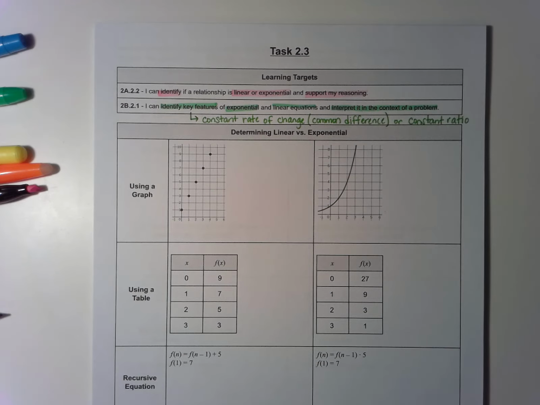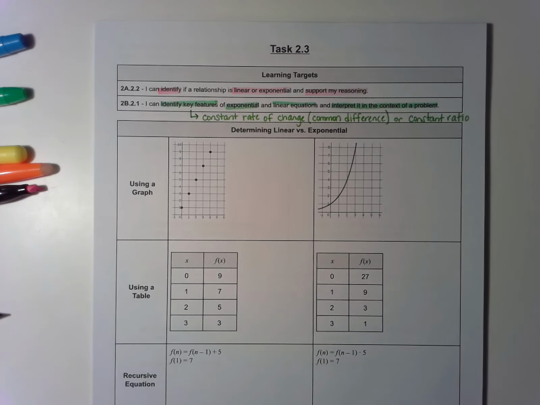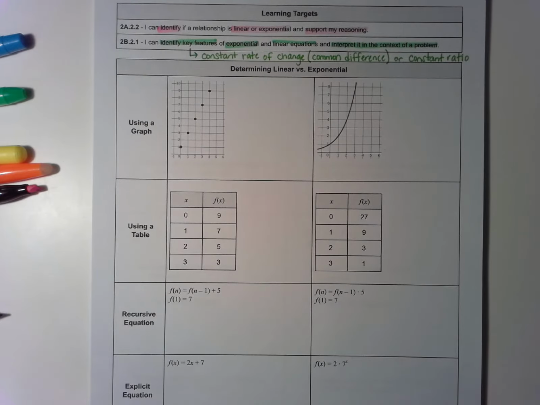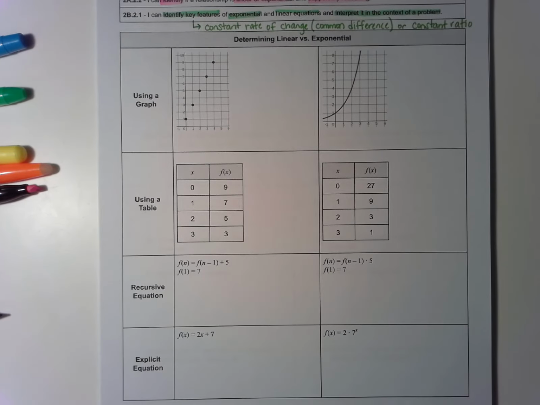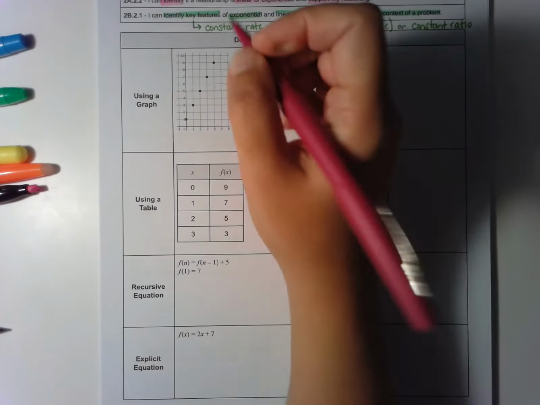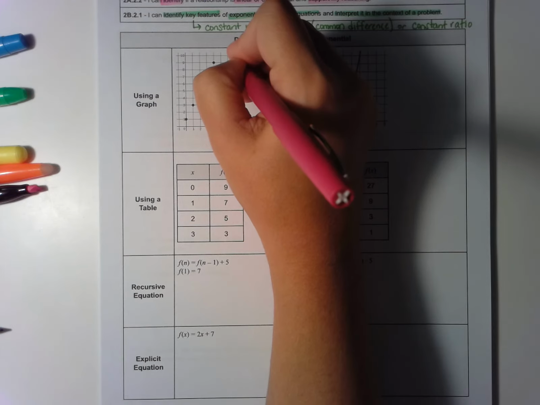So what we're going to do on this page is sort of summarize what we know about determining linear versus exponential functions. For each of the different types of representations, so using a graph, using a table, using recursive or explicit equations, we are going to practice explaining how we would know if that's linear versus exponential. And we are also going to practice identifying the common difference or the common ratio based on that representation. So let's say that I give you a graph. If your graph makes a straight line, you know that you have a linear function. So if I saw this graph, I would say this function is linear